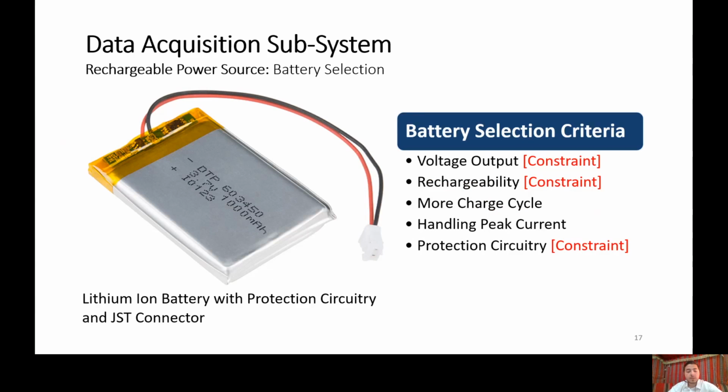Selecting the correct battery that meets the constraints of the project is an important step. So this was our selection criteria for the battery. Having a certain voltage output of 3.7 volts that works well with the PCB components. Being able to recharge it in order to minimize maintenance cost. Having more charge cycles for a longer lifetime of the battery. Being able to handle peak current, and having a protection circuit in order to have protection against leakage of